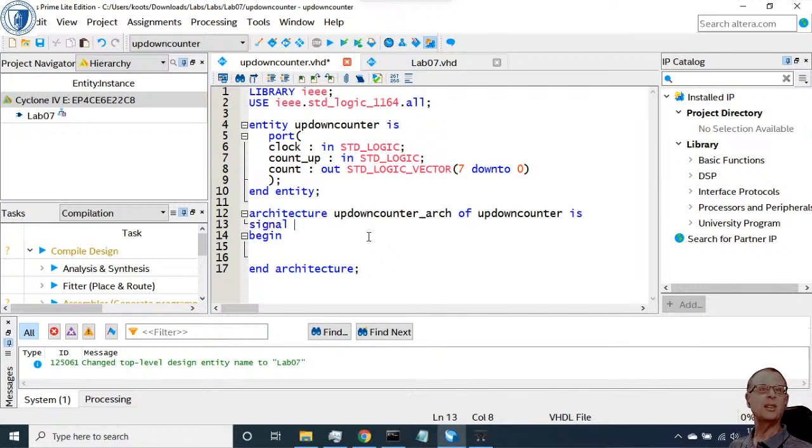well, we probably need a signal, right? And let's call our signal count, and it's probably going to be a std_logic_vector 7 down to 0. Or maybe we make it an integer, right? And then what we can do is